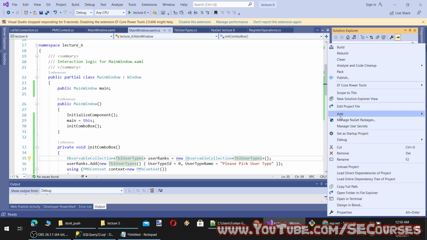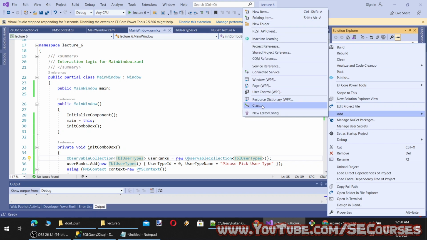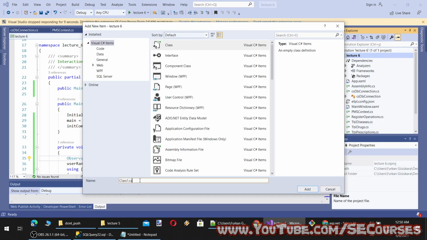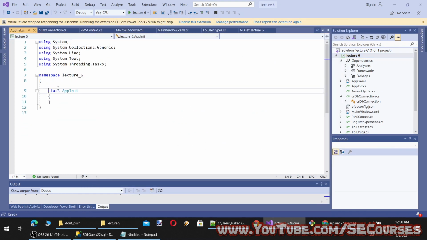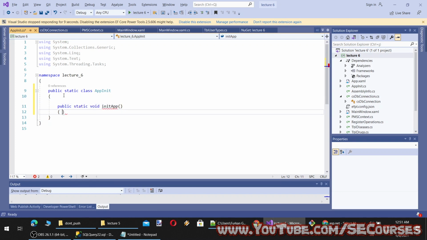Okay, so let's add another class here, and let's call it AppInit. Okay, and it will be a public static class and a public static void InitApp method.